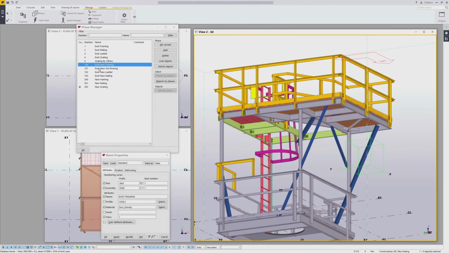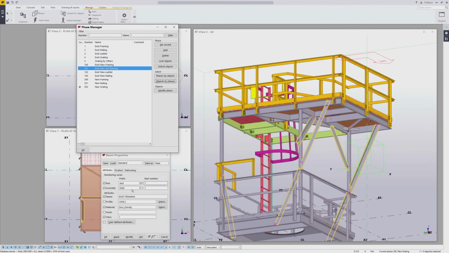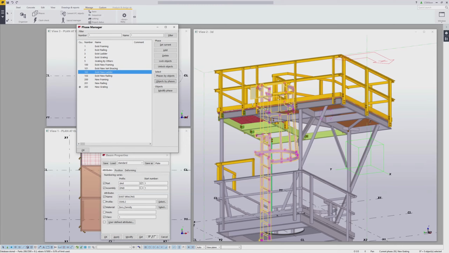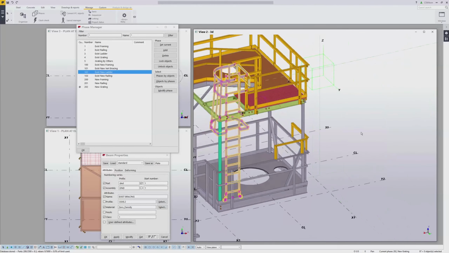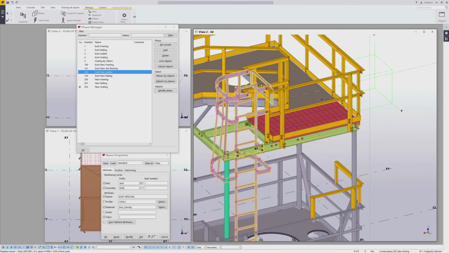I then do this for the existing vertical brace, the next one. We select objects by phase, and I can use all of the same things here, except I'm going to change the name to be existing bracing. Modify. Then we can select ladder, objects by phase, which selects the ladder, and also the safety gate was on there, and the safety gate we are reusing on this project. So that can go to existing ladder, modify,